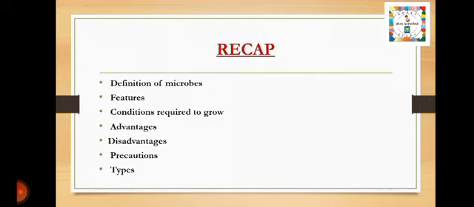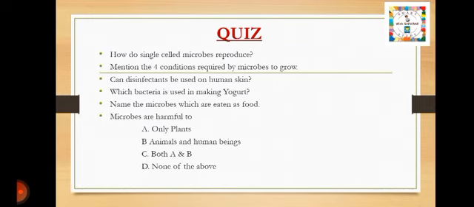We also studied about the advantages of the microbes, how they are useful to us. We studied about disadvantages, how harmful they are not only to us but to the plants as well as to the animals. We also studied about the precautions, that is, how to stop the growth of the microbes. And finally, we studied about different types of microbes. They were bacteria, fungi, viruses, algae, protozoa, helminthes, and so on. Continuing about today's video,